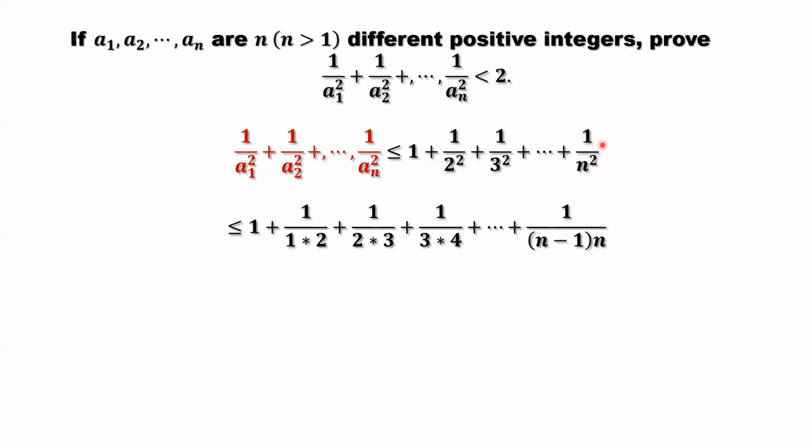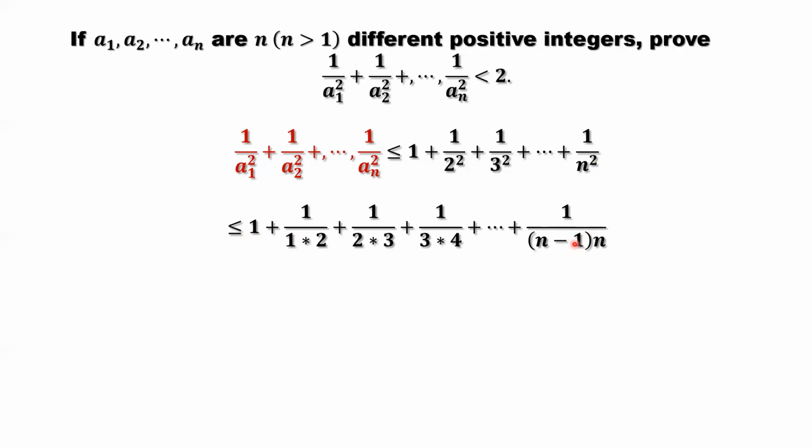Just look at the last one, 1 over N squared. N squared means N times N. What's the difference here? In this one, we change one N to N minus 1. That means we reduce the denominator, because N is bigger than N minus 1. So the denominator is reduced and the whole number is increased. So this number is bigger than this number, right? From this side, you can read it this way: this number is bigger than this, so this number is less than this number.